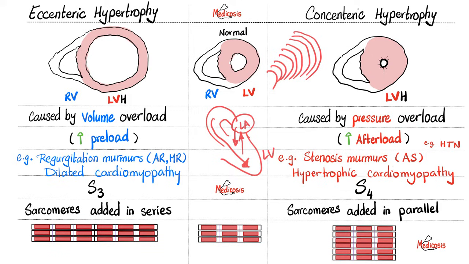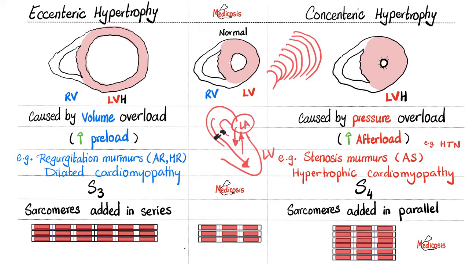How about stenosis of the aortic valve? If this aortic valve here is narrow, what's going to happen? The left ventricle will try to contract to push the blood forwards, but I'm going to encounter very high resistance after I pump my blood. This is increased afterload. This is also seen in hypertrophic cardiomyopathy, which is the topic of the next video in